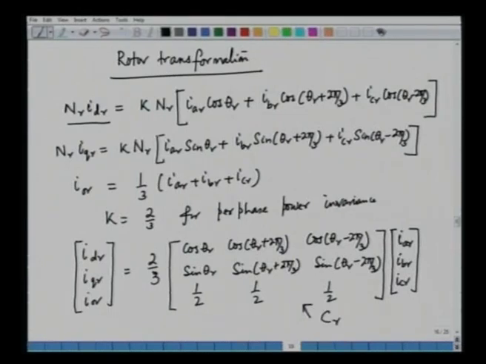So, what we have done here, we have been able to find out the transformation matrix for the stator and the transformation matrix for the rotor, and having found that, we can transform the equation in ABC variable into the equations in the DQ variable. So, this transformation IABCR can be transformed into IDQR. So, we can say